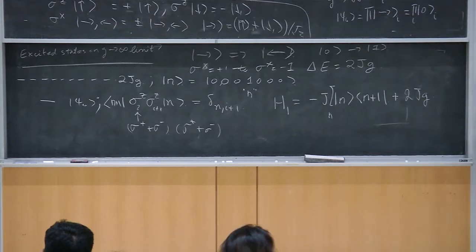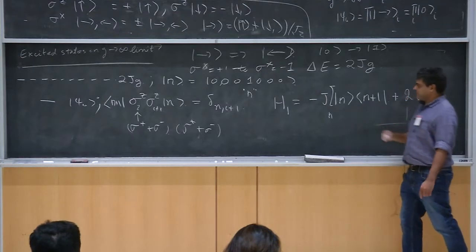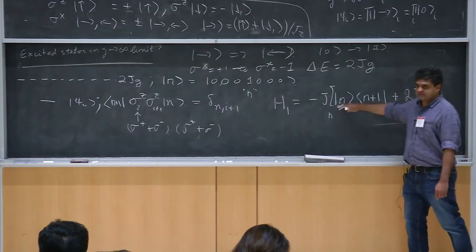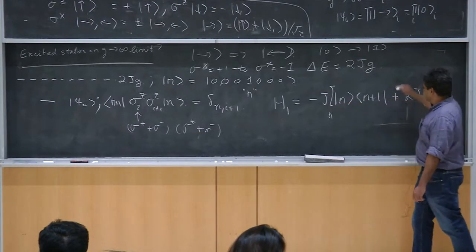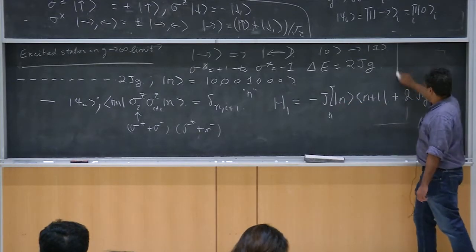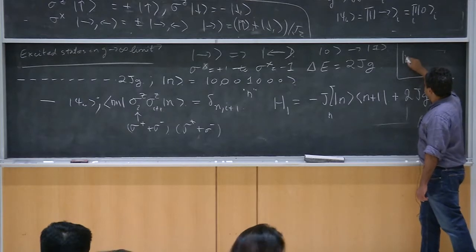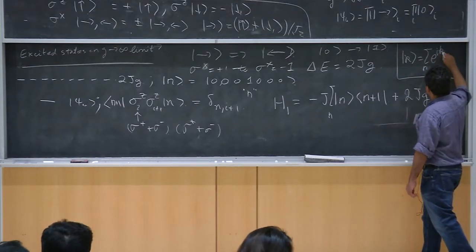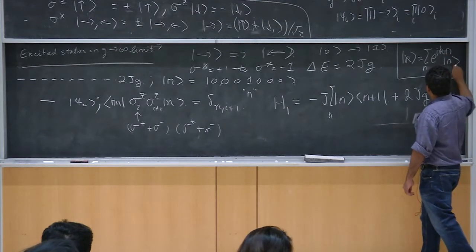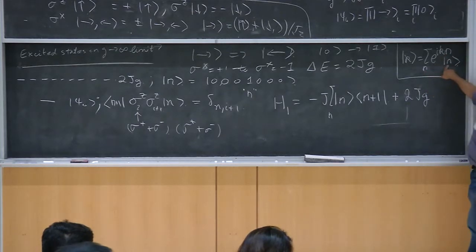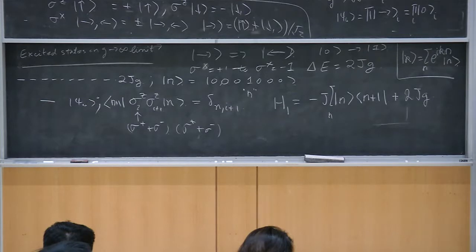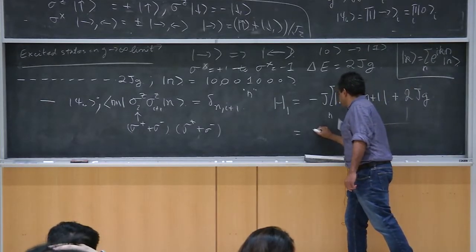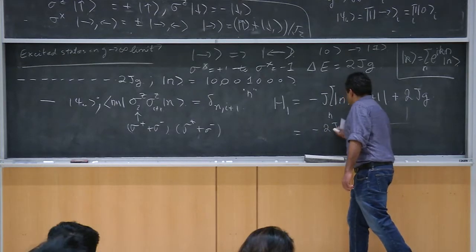Okay, so this looks like a tight binding model, hopping of a particle on a chain. We know how to diagonalize this. You go to Fourier space, you rewrite these, you define these plane wave states |k>, which are just Fourier transforms of this position state, the sum over all n of the state |n> with a particular phase factor. And in terms of those variables, you get a diagonal Hamiltonian, which is twice J cosine k.